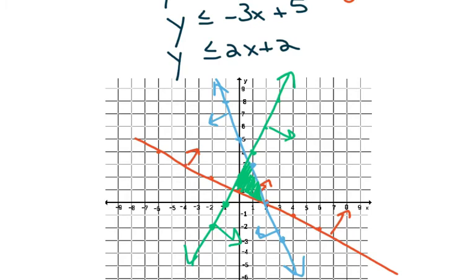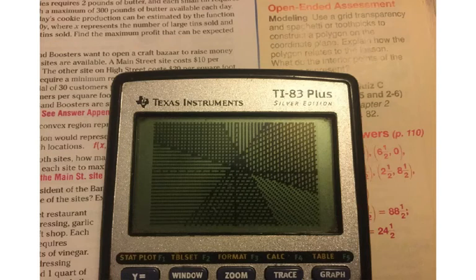So we want to find the vertices, and in general, a lot of the problems we're going to give you will have nice vertices where they intersect at integers. But you can kind of tell by looking at this one that the vertices of that triangle aren't necessarily at integers. Well, let me show you what this graph looks like if you had done it on the graphing calculator. It just looks kind of like a mess. I mean, you can probably see that there's this little triangle in here where the shadings overlap, but it's just